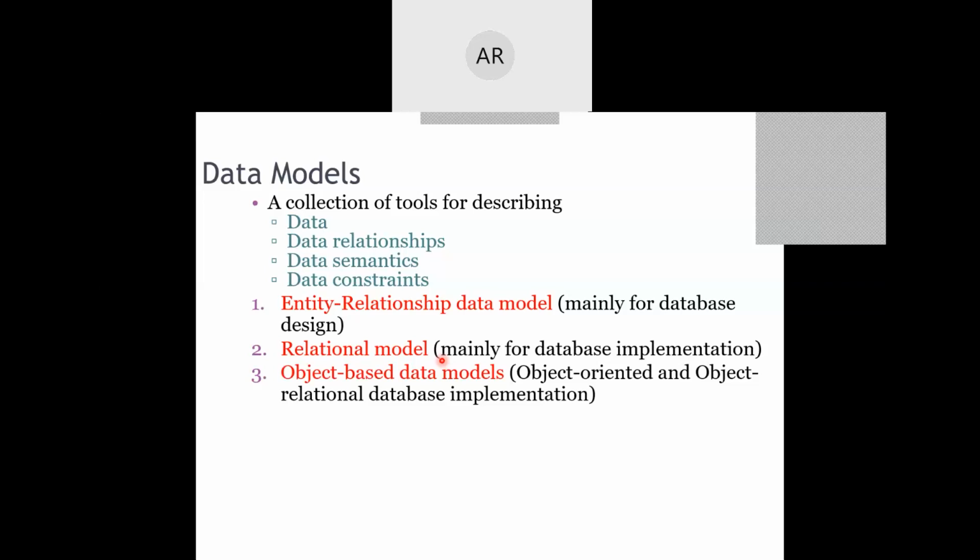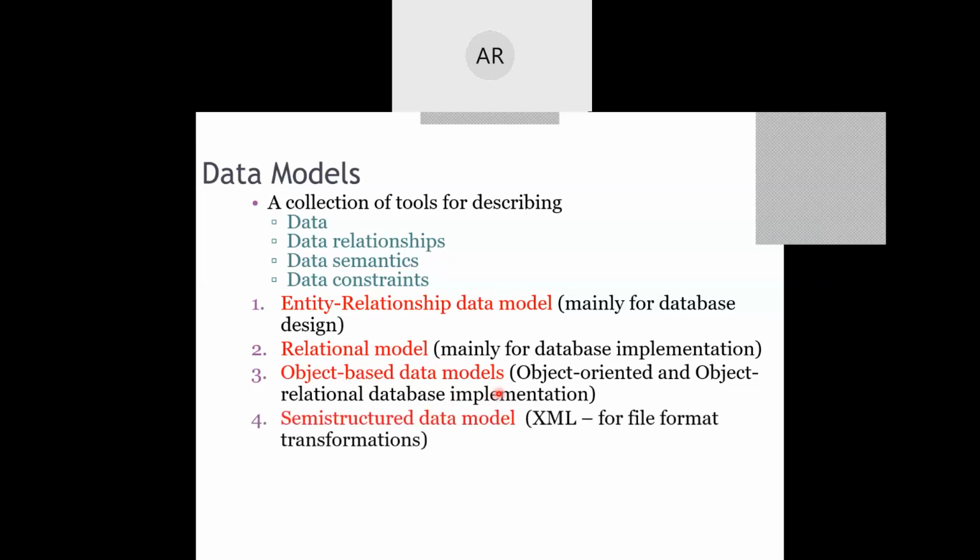It is a little more advanced than the relational model. Nowadays we have lots of object-oriented programming languages, and we not only want to save the data, we also want to interact with the data through programs. Those programs are object-oriented, so we need our database also to be object-based. So we have the third model called object-based data models.